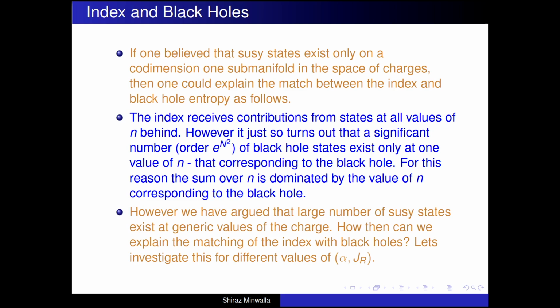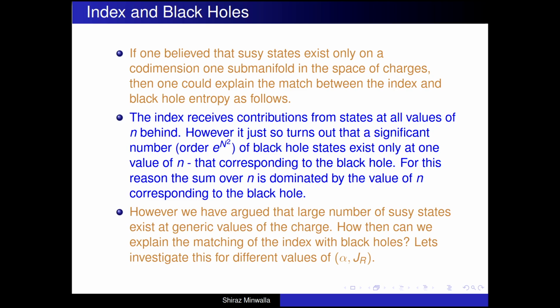Supersymmetric indices: take four charges and keep them fixed, and vary some along a fifth line. Okay? Black holes appear to exist in codimension 1. A line intersects a codimension 1 surface at a point, and so you could try to compare the index, which is associated with a line of charges, with the point at which this line intersects the sheet of supersymmetric black holes. This has had fabulous success, at least when JR is not too large.